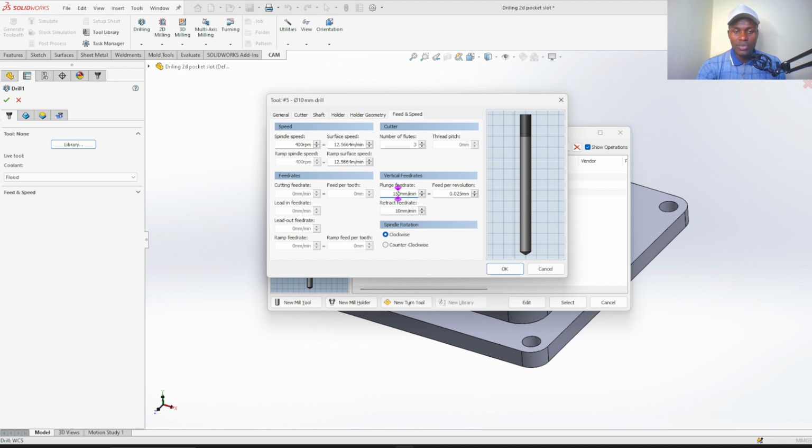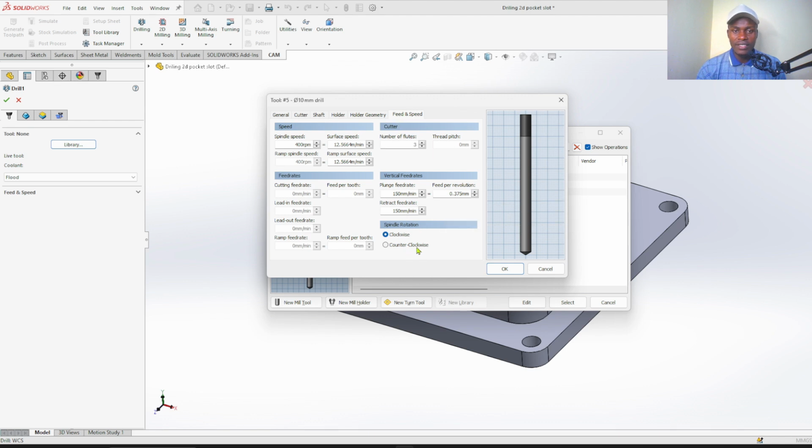We don't want to break the cutting tool. The number of flutes is 3, so you can leave the rest as they are.